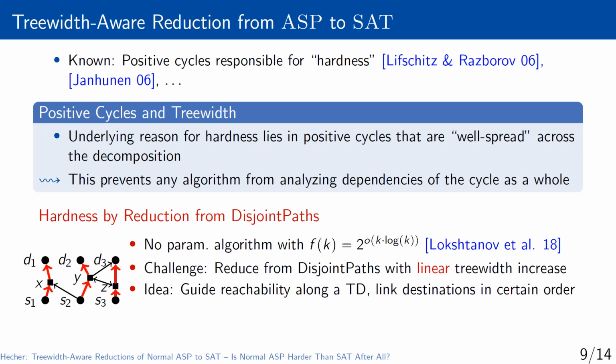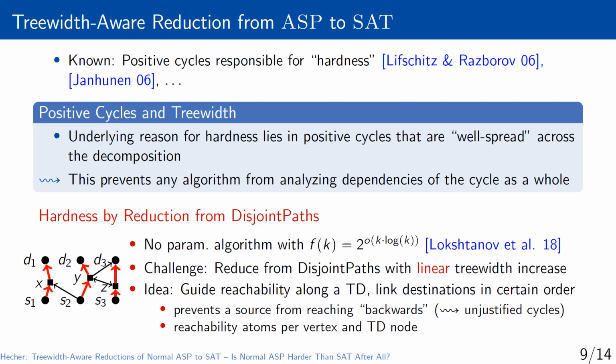So we make one big reachability question. However, we also need to link destinations according to this induced order. This is done in such a way that if a source reaches an earlier destination, we get a very large unjustified cycle. So there are actually many potential cycles. These cycles are really large, so it's very likely that these cycles are well spread across the tree decomposition. And moreover, these cycles are constructed in such a way that this only causes light overhead in terms of tree